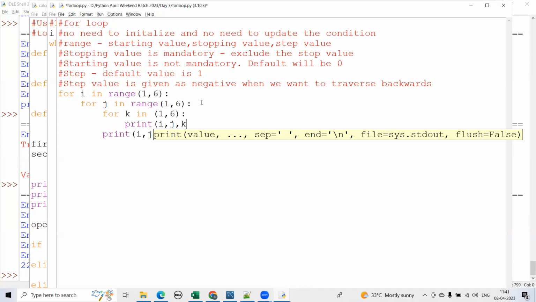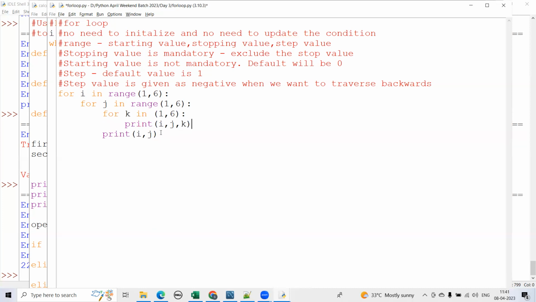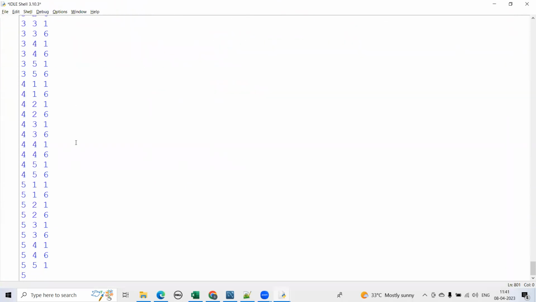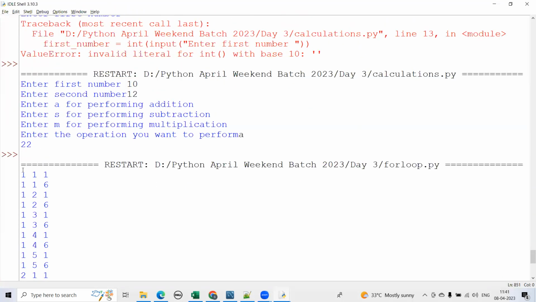In this case, what will be the order of execution? First outer loop i is 1, then j is 1, and then k will be executed entirely. So it will be executing like this. You can have any number of for loops. So i is 1, j is 1, the value of k will change